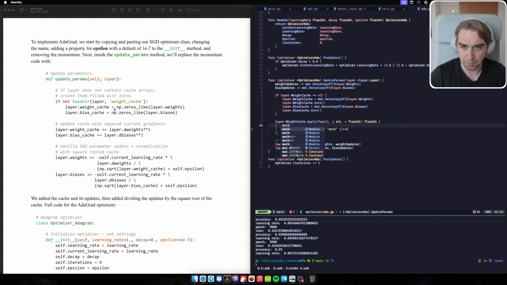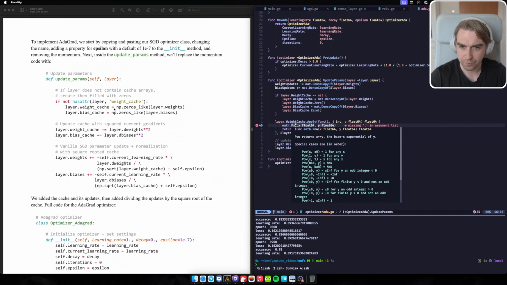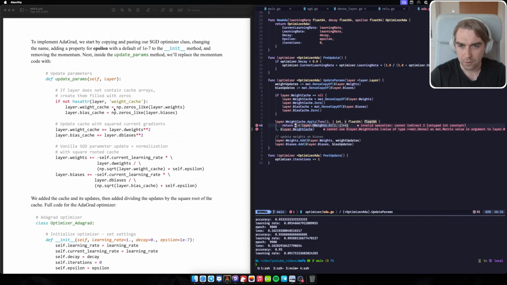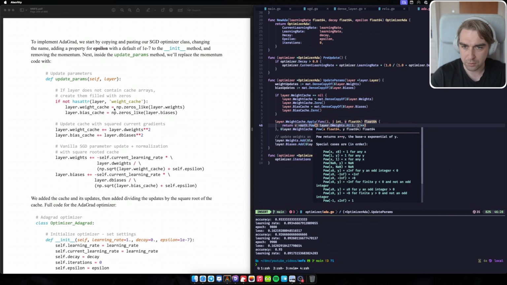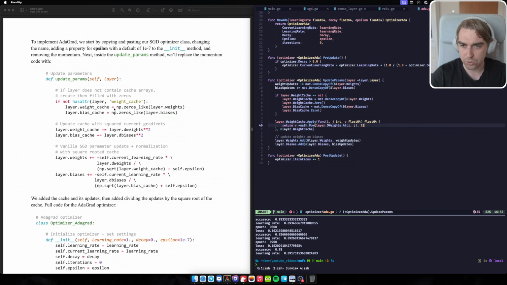Do I have something like math power? That will be math, come on, math power and 2. Let's take a look. So we're taking the previous value from the history. This is the v. Then we're taking the current change after the pass. We are squaring it, and I need to do the same for